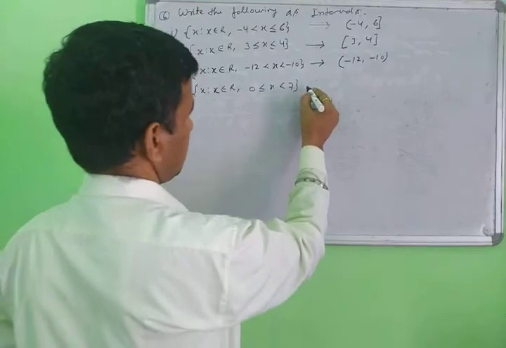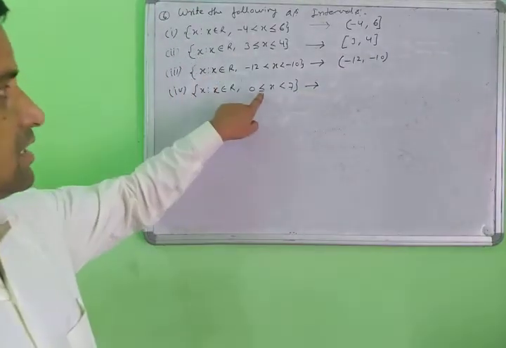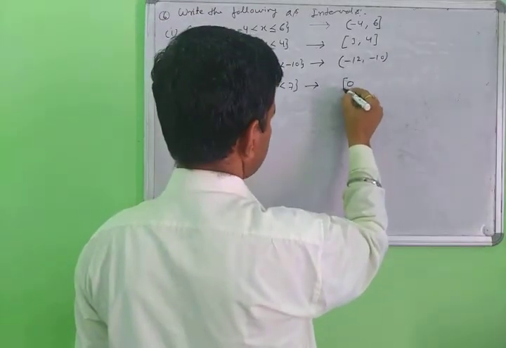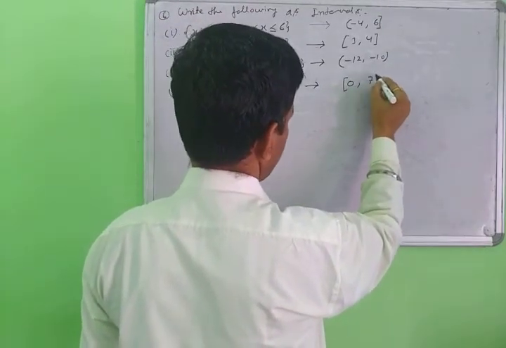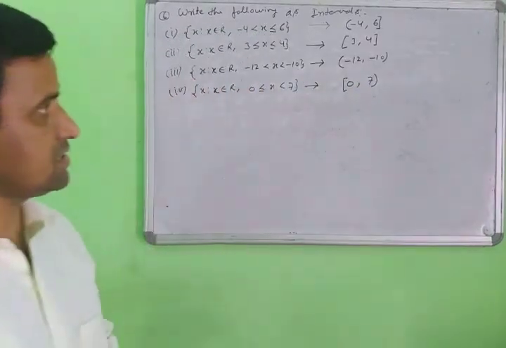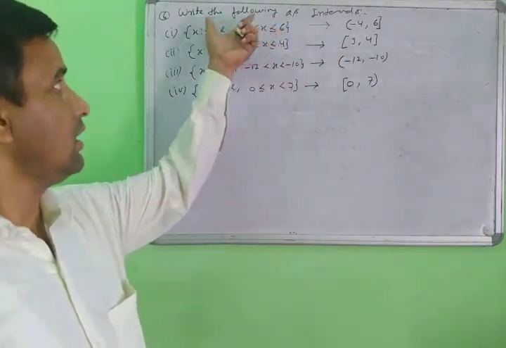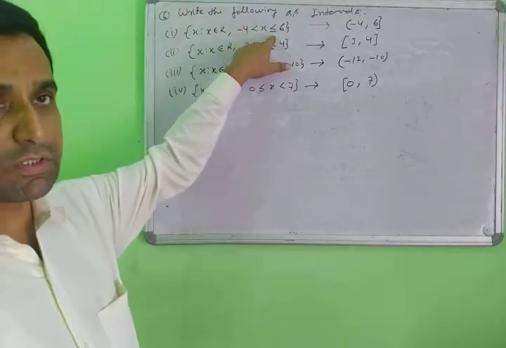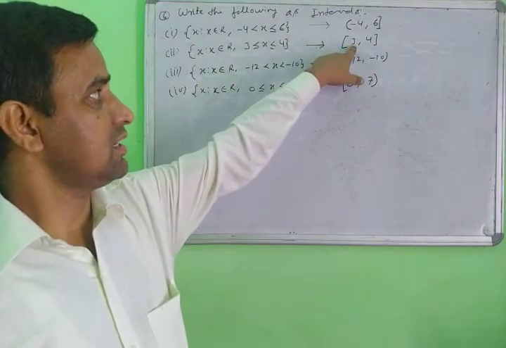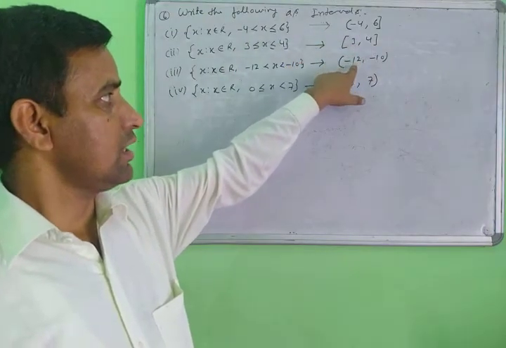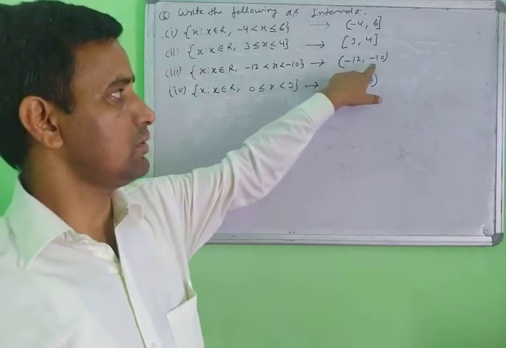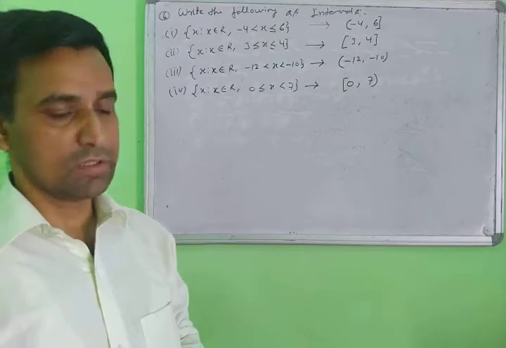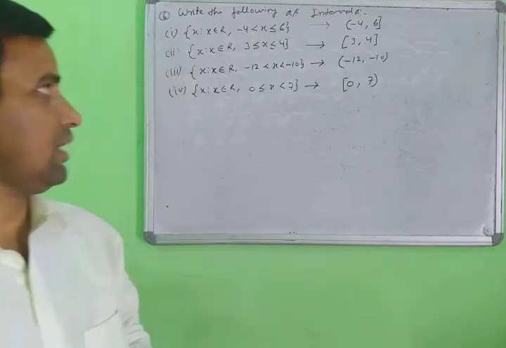And next question here, this is the closed interval and this is the open interval. That means 0 is closed and 7 is open. So this is the solution of these inequalities and intervals. Closed interval means the end points are used, or open means the end points are not used. This is called the open interval. When you are using the end points, then it is called the closed interval. Yes, note down. And then next question.